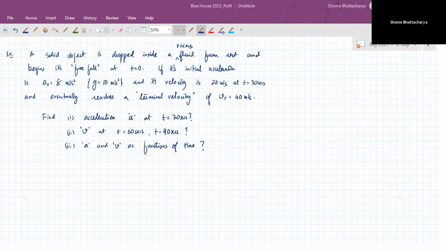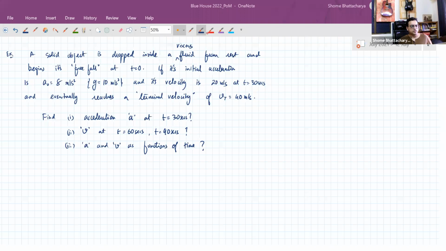Okay, so basically, what you have to do here is fit the data that is given to us, all this data, that the initial acceleration is this much and the velocity is this much at this time. You have to fit this data into that kind of pattern. Okay, so we know that free fall